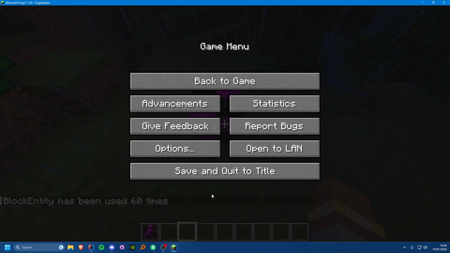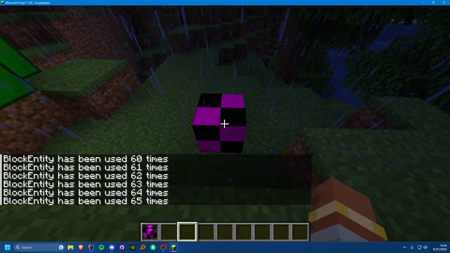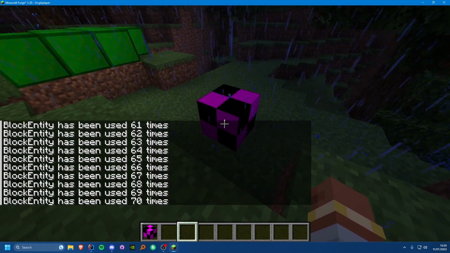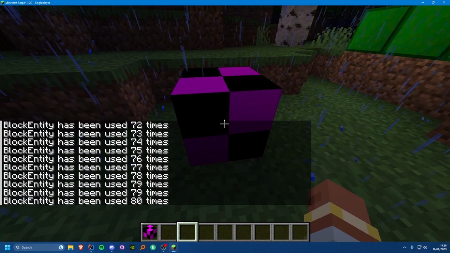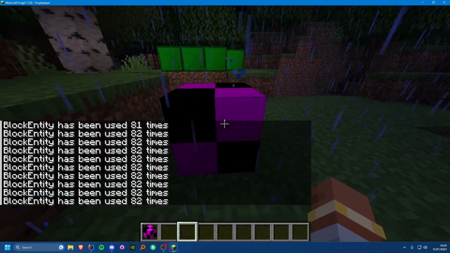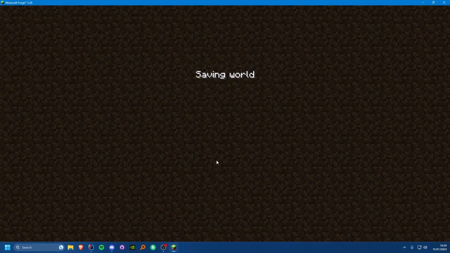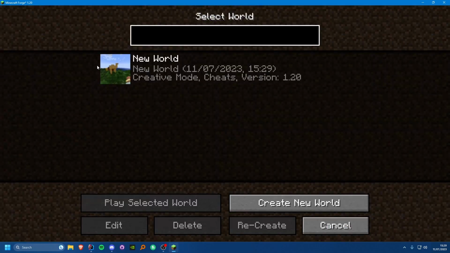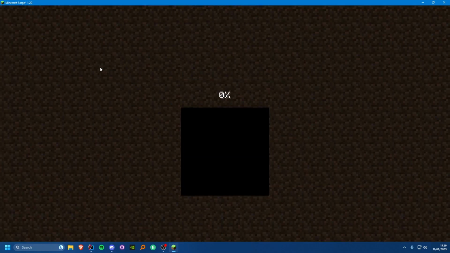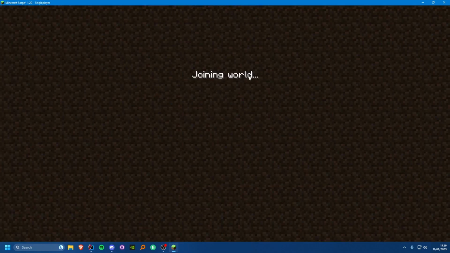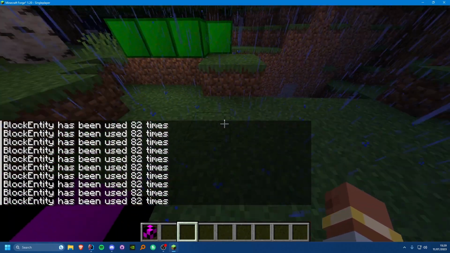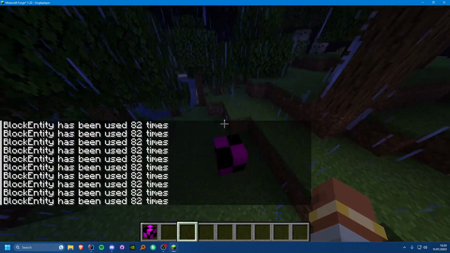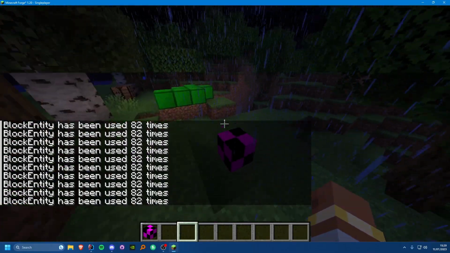If we go ahead and hot swap that, you see that we can still increment by just pressing right click. But if I hold shift, it says the same value. That allows us to debug things a little bit better as well. You see we're at 82. And if we load back in and shift right click, we should still be at 82. Just make sure that it's incrementing correctly, and yeah, that all works perfectly fine. And you see that sends all into chat as a general system message.